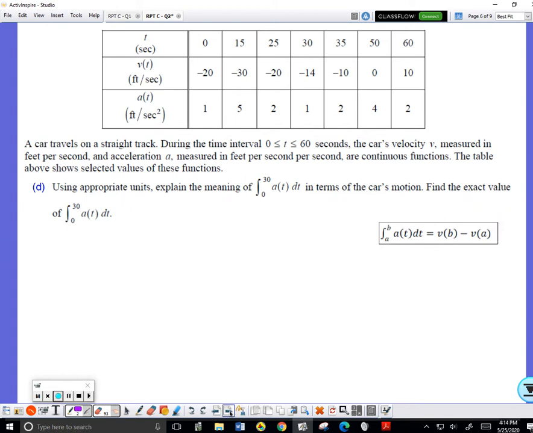Okay, part D, using appropriate units, explain the meaning of this integral. So look at my golden notes, I find this box. I'm calculating the change in the velocity. So that's what I write. Write the integral from 0 to 30 of a of t dt calculates